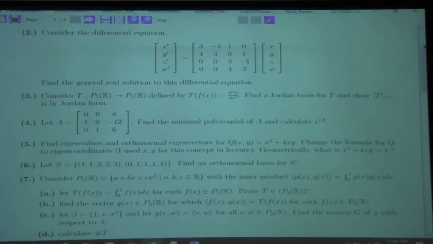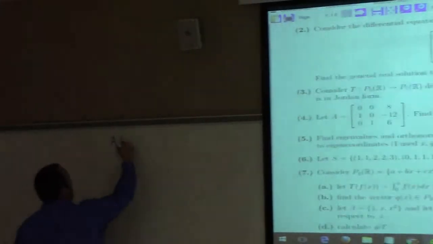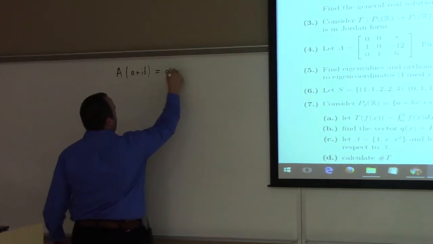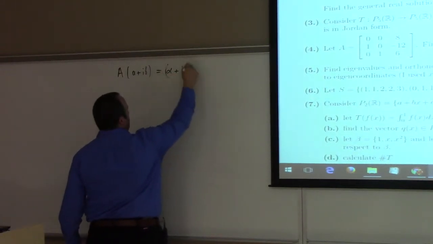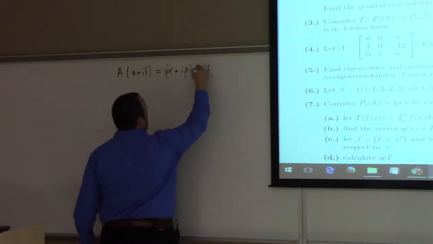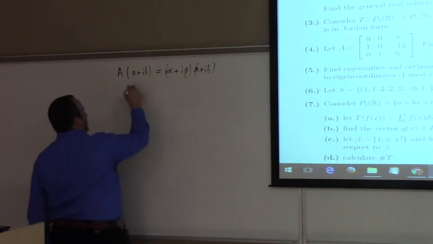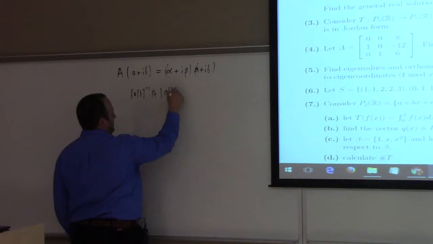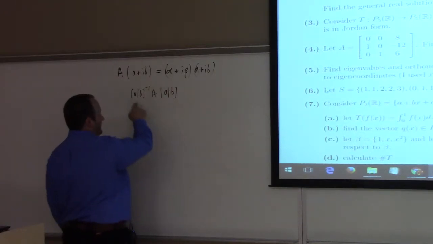Oh, well, we worked out that if you have A times (a plus ib) equals (alpha plus i beta) times (a plus ib), a theorem we had was that if you look at basically this thing, I'm writing the theorem in a different format than we wrote it, but this is ultimately what the theorem said,